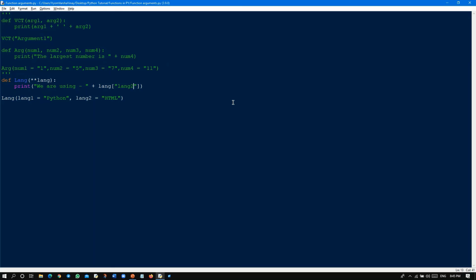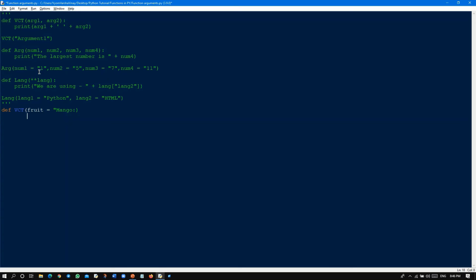Now I'm going to show you the default parameter value. It is used when we call a function without using any argument. Let me show you an example. Say favorite fruits. I'm quoting it again, so it's no problem. So let's make a function VCT, and in it we write fruit variable which is equal to mango,